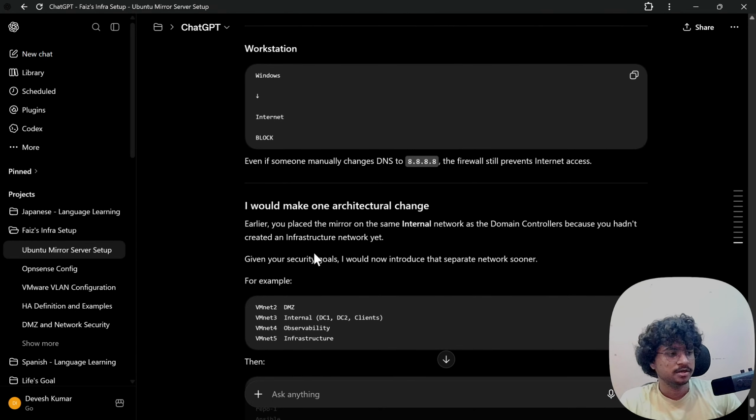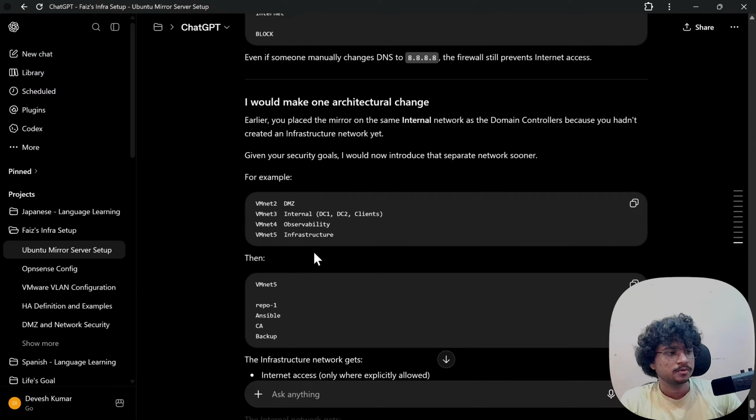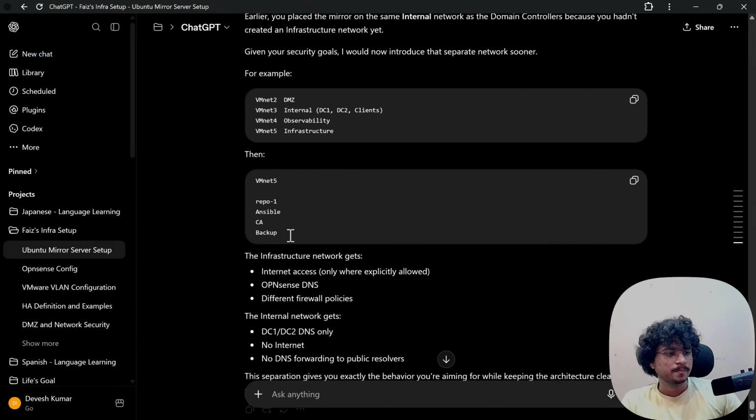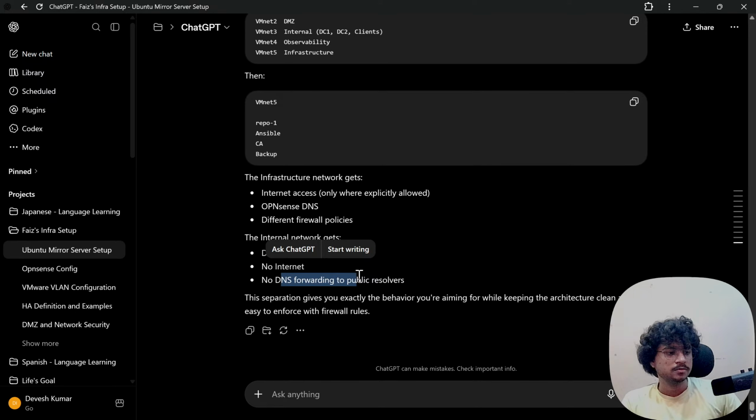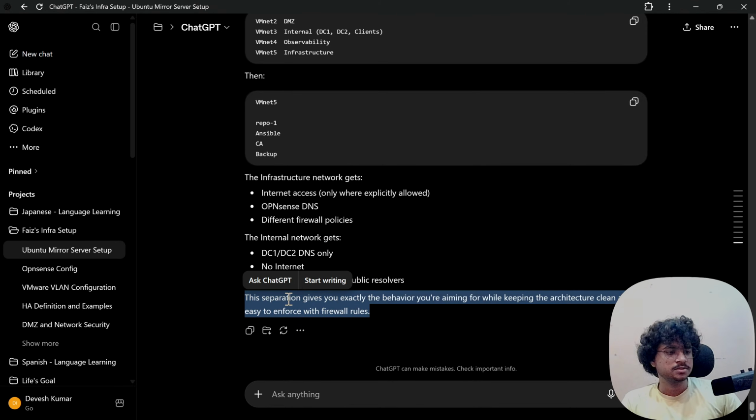Introduce that separate network sooner. You placed the mirror on the same internal network as the domain controller because you hadn't created an infrastructure network yet. This separation gives you exactly the behavior you were aiming for while keeping the architecture clean and easy to enforce with firewall rules.